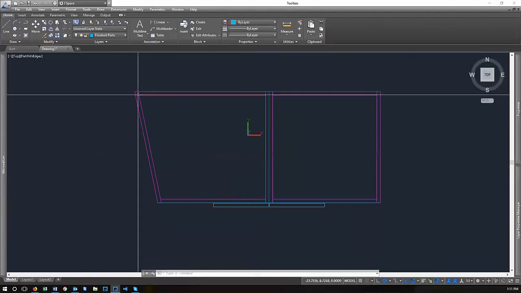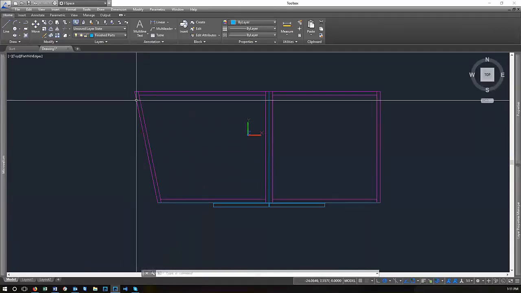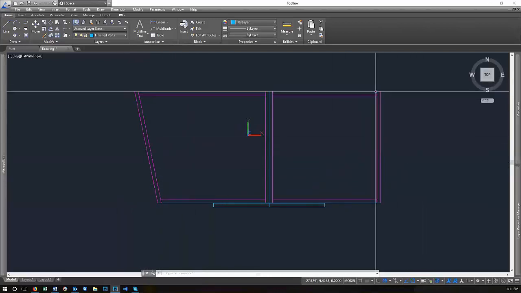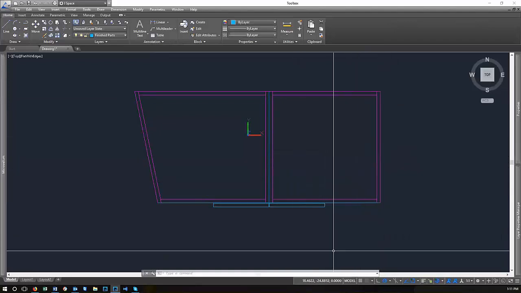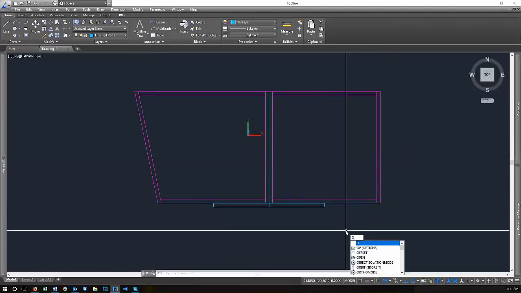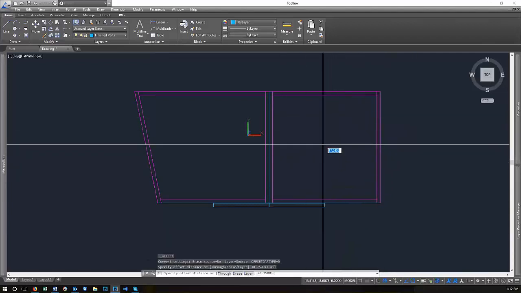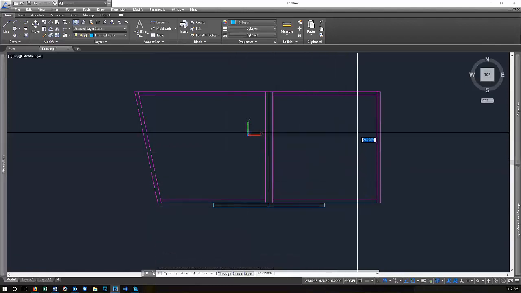Say they actually do want an angle on this countertop to match this cabinet. It's not just going in to match a wall or something. And then we want to also have an overhang on this side. We can use what we've learned so far to offset. You could use a copy command to do this as well, but offset is going to give you options to select multiple lines. So let's offset on the finished end